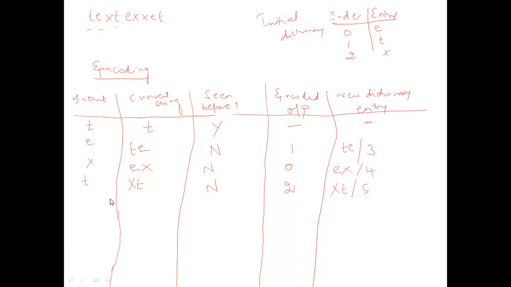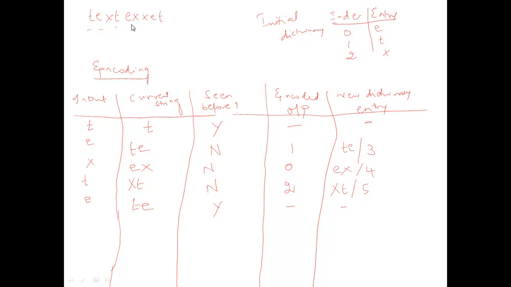The next letter is E. Now E is there. You write the current string. Current string as usual, whichever is not previously encoded. Previously T did not get encoded. Now current input is E, so TE. Now you will check whether TE is seen in the dictionary. Yes, TE is seen because we are updating the dictionary continuously. TE is there in the index 3. So you will write it as yes. Once you are writing it as yes, don't do anything here. Now take the next thing.